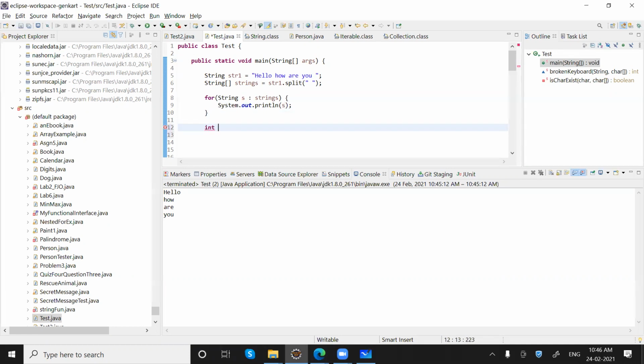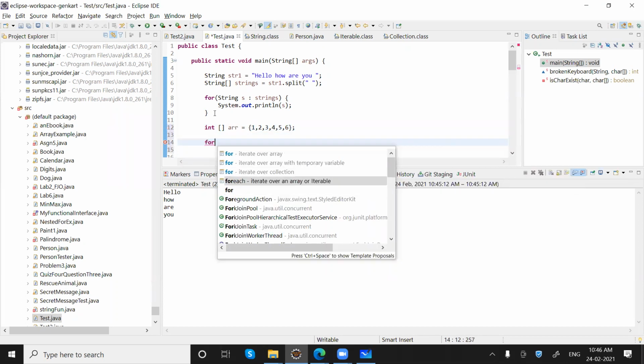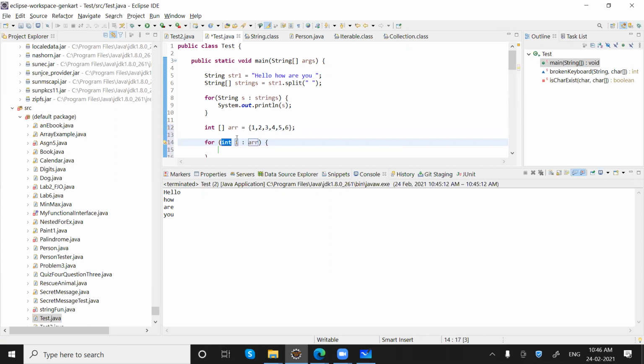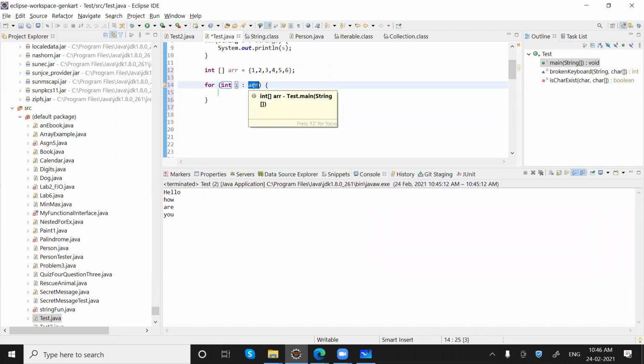Let's say we have an integer array. Integer array arr is equal to new int, or let me just take 1 2 3 4 5 6, till 6 I'm taking, and I want to print each and every object from this array. So for each object from this array, get an i of type integer and just print it.